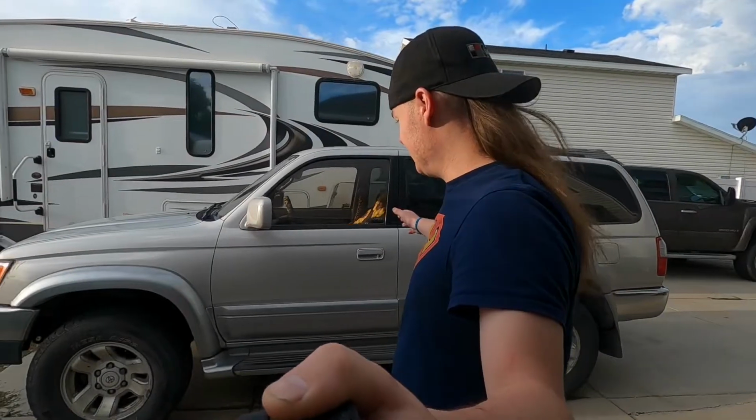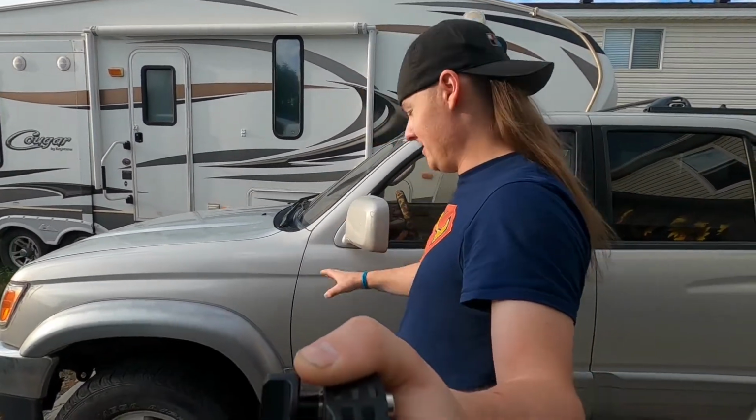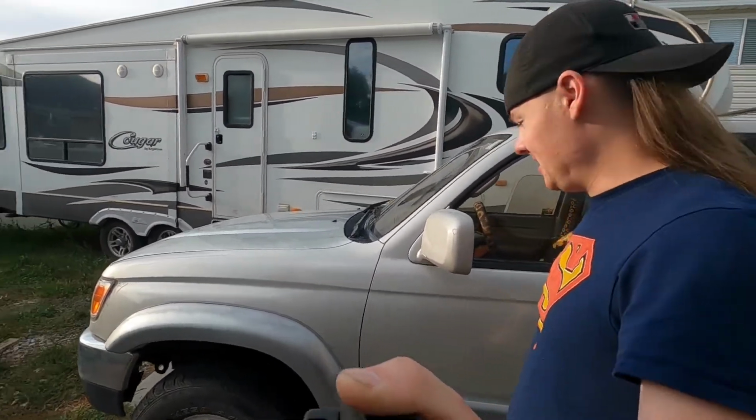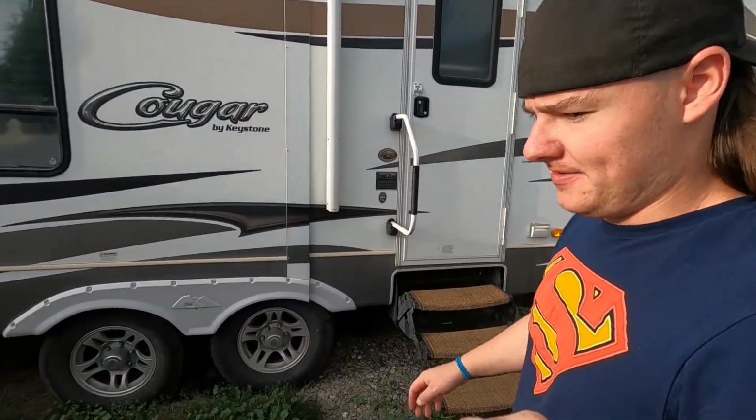Good morning, it's the next day. We are still working on the 4Runner and the Tacoma, but now they're next to each other. So let me show you what I got done last night. I just needed to figure out a couple wires, and now I got to figure out what I want to do, because I have my transmission gauge hooked up to my radio, so I'm gonna have to rewire that at